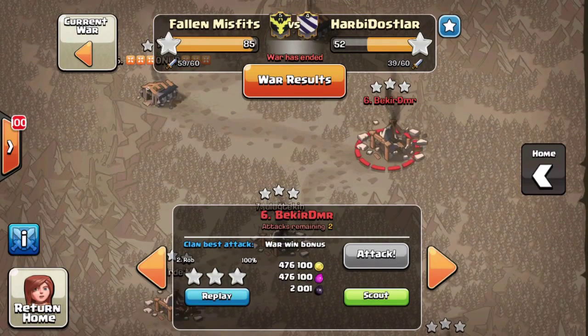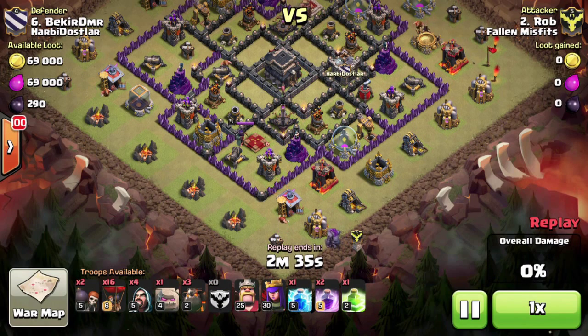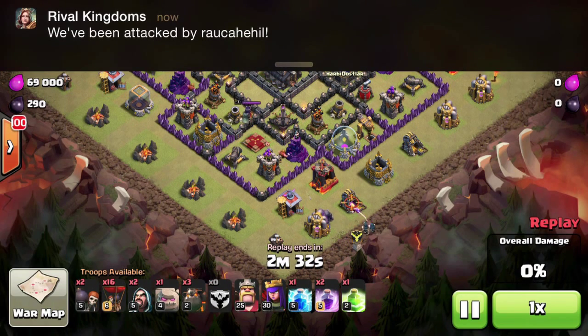So the other attack I wanted to share with you is going to be a LaLoon attack that Rob did on number 6. So he does a Shattered LaLoon, and Rob's just got his AQ to level 30, which is absolutely awesome, and really helps obviously with